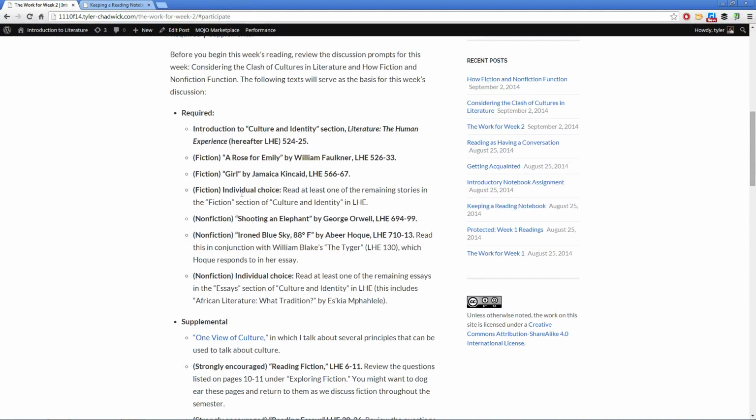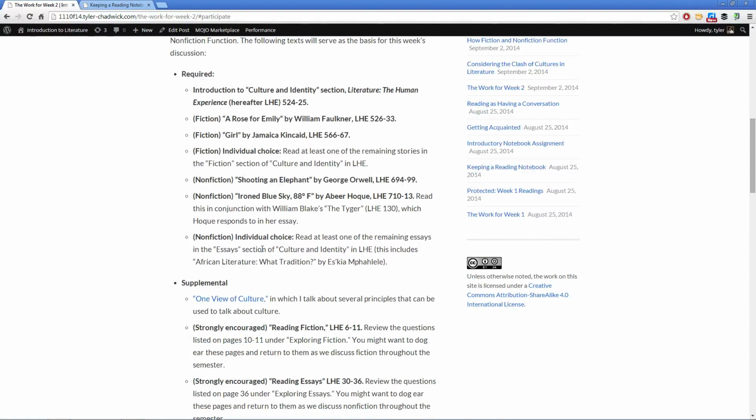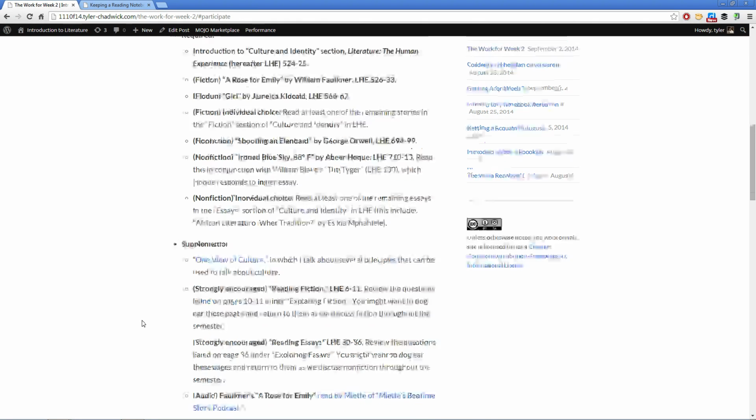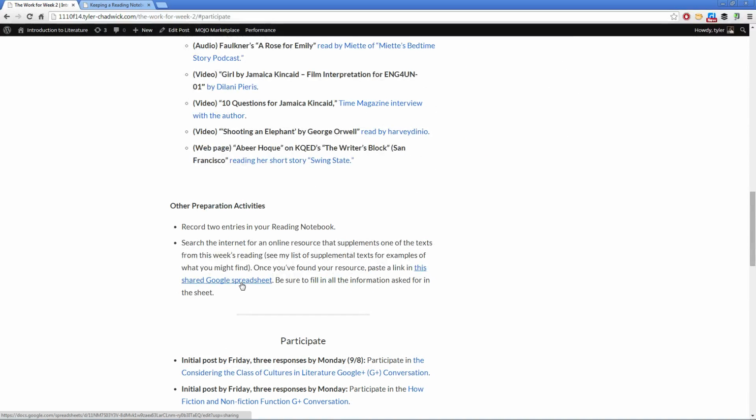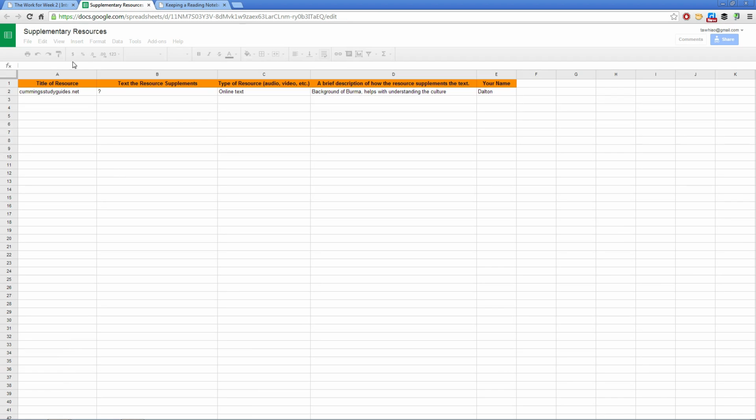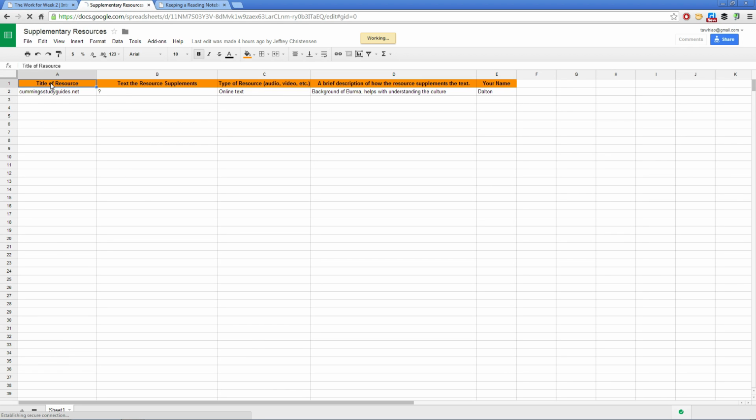So if you find something interesting online that helps you to interact with one of these texts differently, that shows how they've been used kind of in digital environments, things like that, I want you to add that to our shared Google spreadsheet. Show you how to do that really quickly. All you'll need to do is, somebody's done this already, the title of the resource, the text the resource supplements. This will be the title of the story or the essay